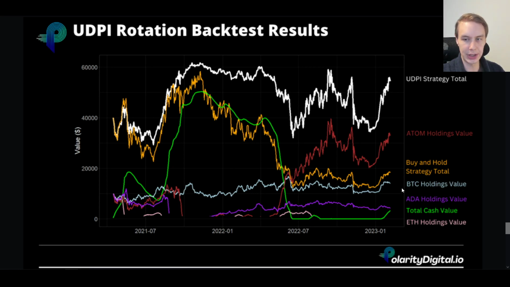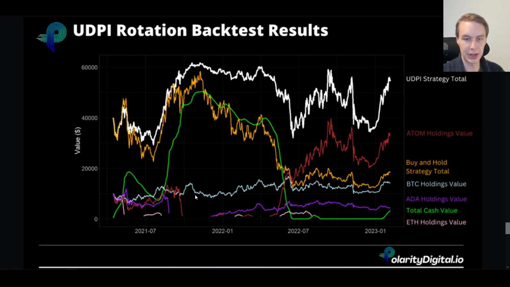And then with Bitcoin, that's this light blue line, you can see that we're relatively flat. What that means is that the UDPI is taking profits, but it's also redeploying into Bitcoin to a degree that the overall value of the Bitcoin holdings is roughly even. This is the value of the Bitcoin holdings, and you can see it's actually relatively even this whole time, which means that the UDPI is dynamically trading through it, taking advantage of short-term volatility, putting money in at advantageous levels,